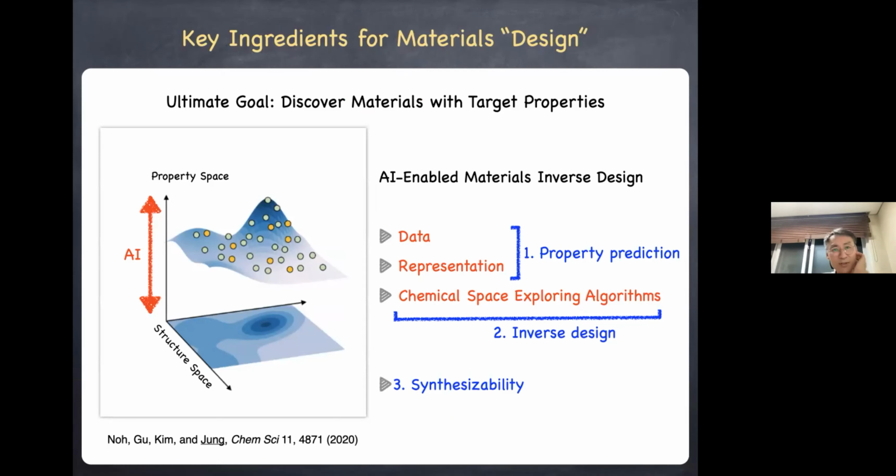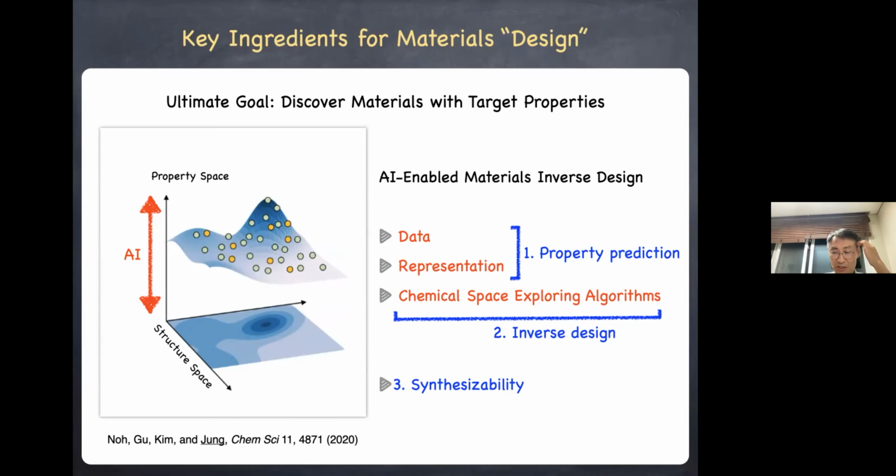So there are several key ingredients to do materials informatics, and of course, this is a data-driven approach. You need the data, and you need the representation for the materials. Once you have the data and representation, then you can perform a simple regression to make a model that would allow us to do property predictions.